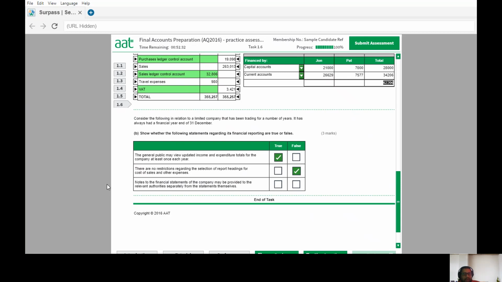But is it true or false? Notes to the financial statements may be provided separately from the statements themselves. No, it cannot be provided separately, because the notes to the financial statements must be